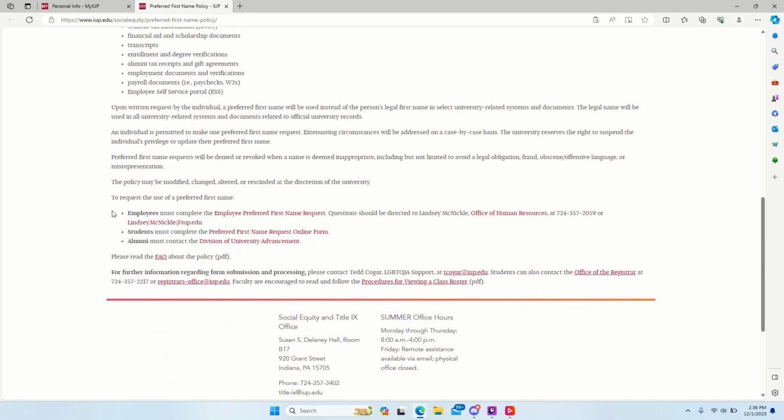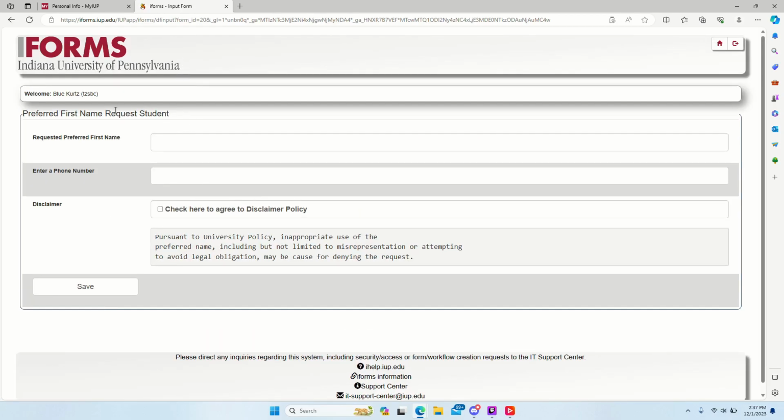So we have three different ways to fill out a preferred first name form for different people: one for employees, for students, and for alumni. The majority of you are students, so you'll just click the preferred first name request online form for students. So here we have the preferred first name request student form. And if you're logged in with your My IUP, which is why it's good to be logged in to your My IUP to go through the I-forms,